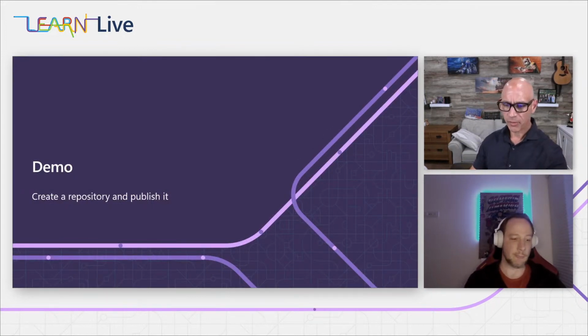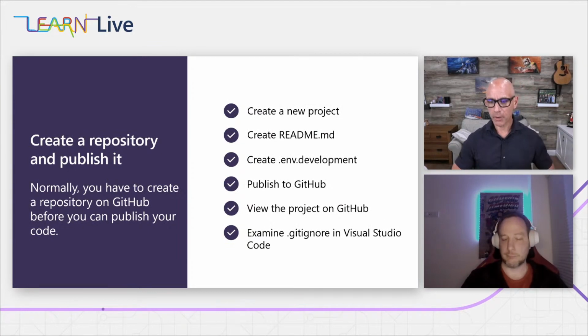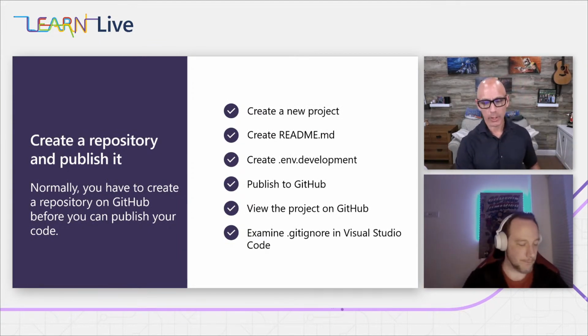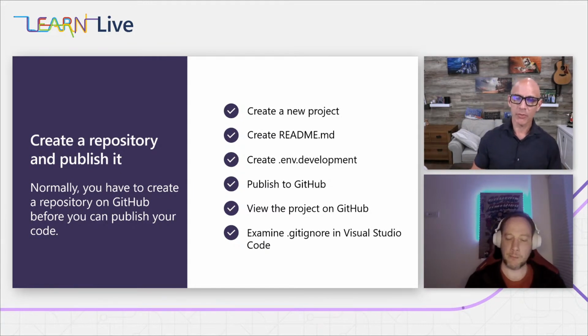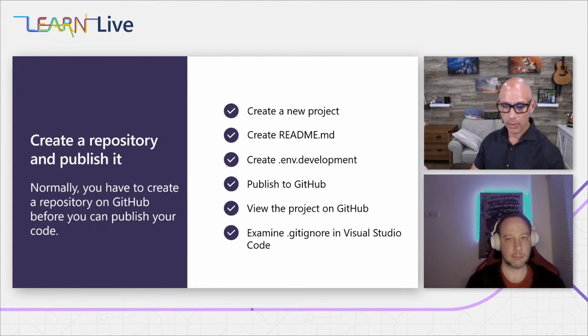I think that sounds like a grand idea. So this next demo is based on the same exercise that Peter started with, and we're going to build on it. I'm going to create my own set of code, my own stuff locally, and then we're going to use the tools that Peter just explained and walk through VS Code to publish my code in a new repository up on GitHub through Visual Studio Code.